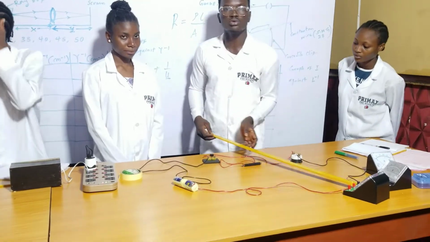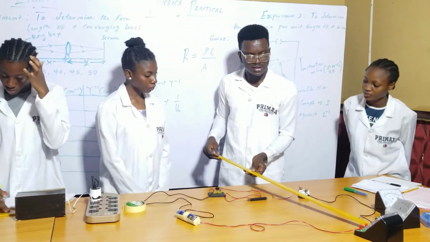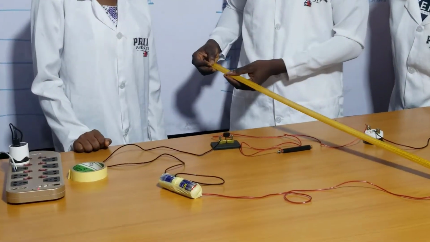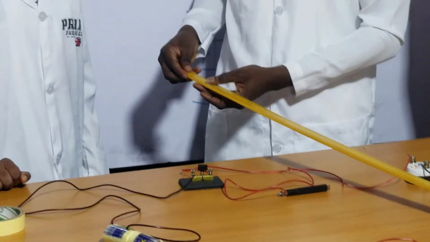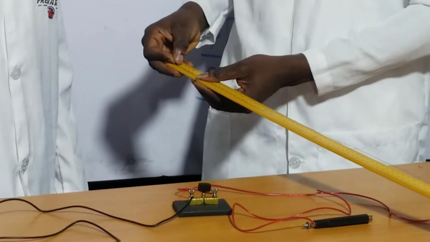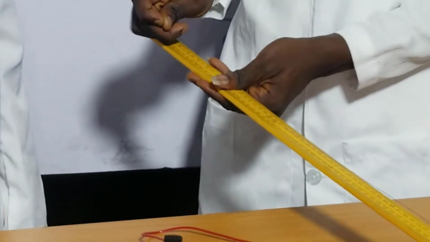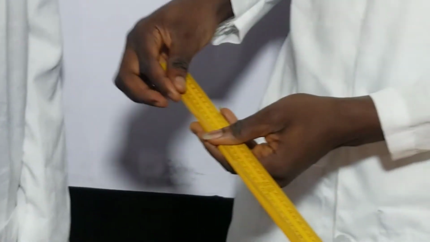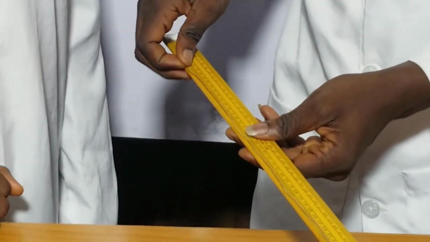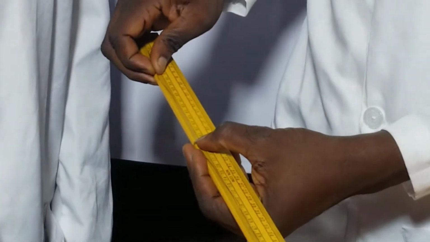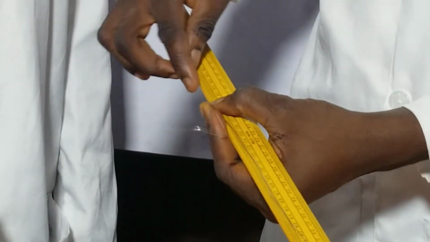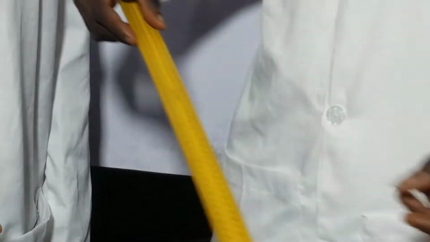So now what we want to do is to get 80 centimeter of this Constantine wire. This is a 1 meter long Constantine wire, so we need the 80 centimeter. So let's see, at the 80 centimeter mark, this is the 80 centimeter mark here. Can you see that? I want to curve it so that we have accurate distance. Can you see we already have that?